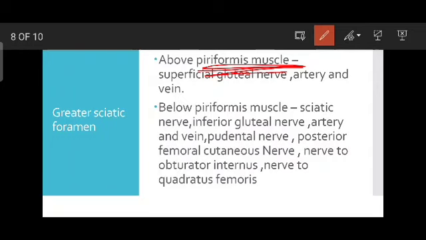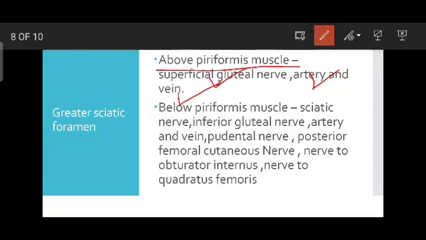Piriformis muscle separates the greater sciatic foramen into two parts, a part above the piriformis muscle and a part below the piriformis muscle. Above the piriformis muscle, some nerves and vessels come out, and below the piriformis muscle, some nerves and vessels come out. What are they? We will know that. Above piriformis muscle, superior gluteal nerve, and then superior gluteal artery and superior gluteal vein,